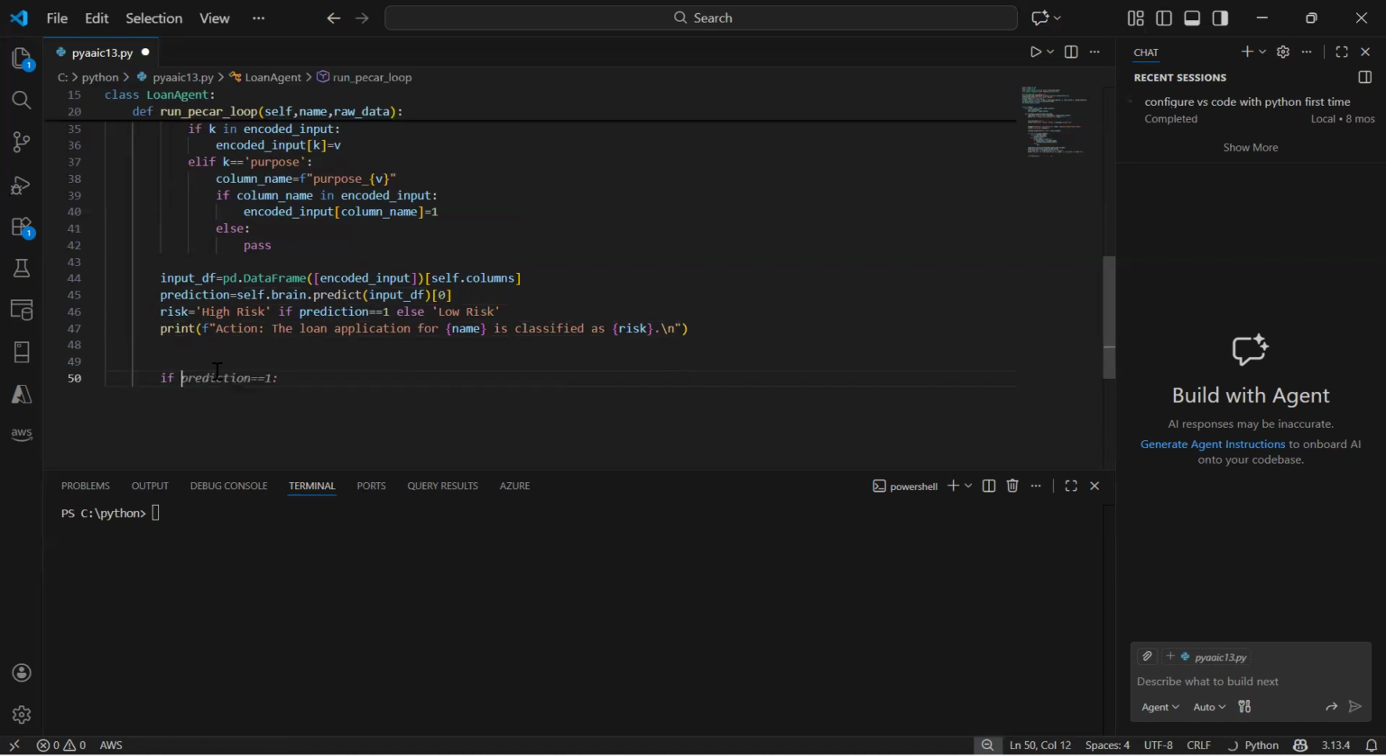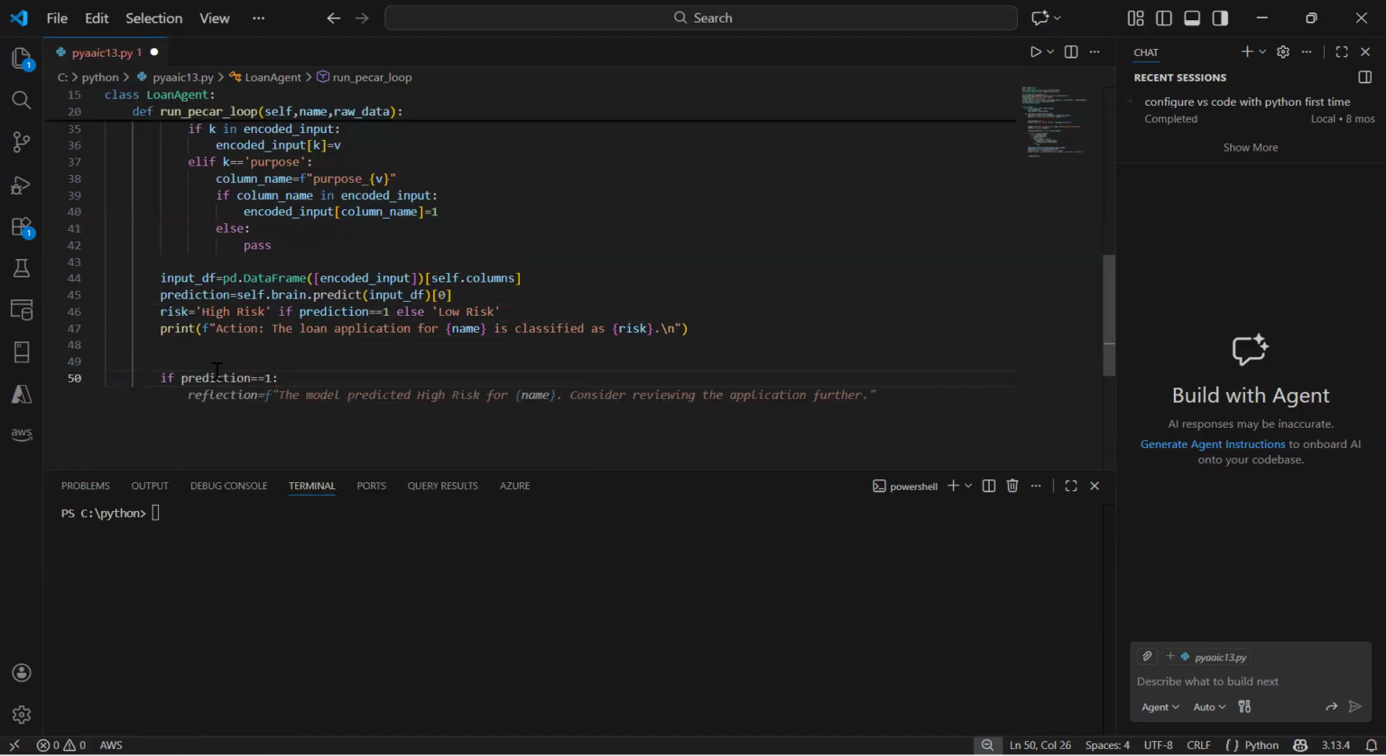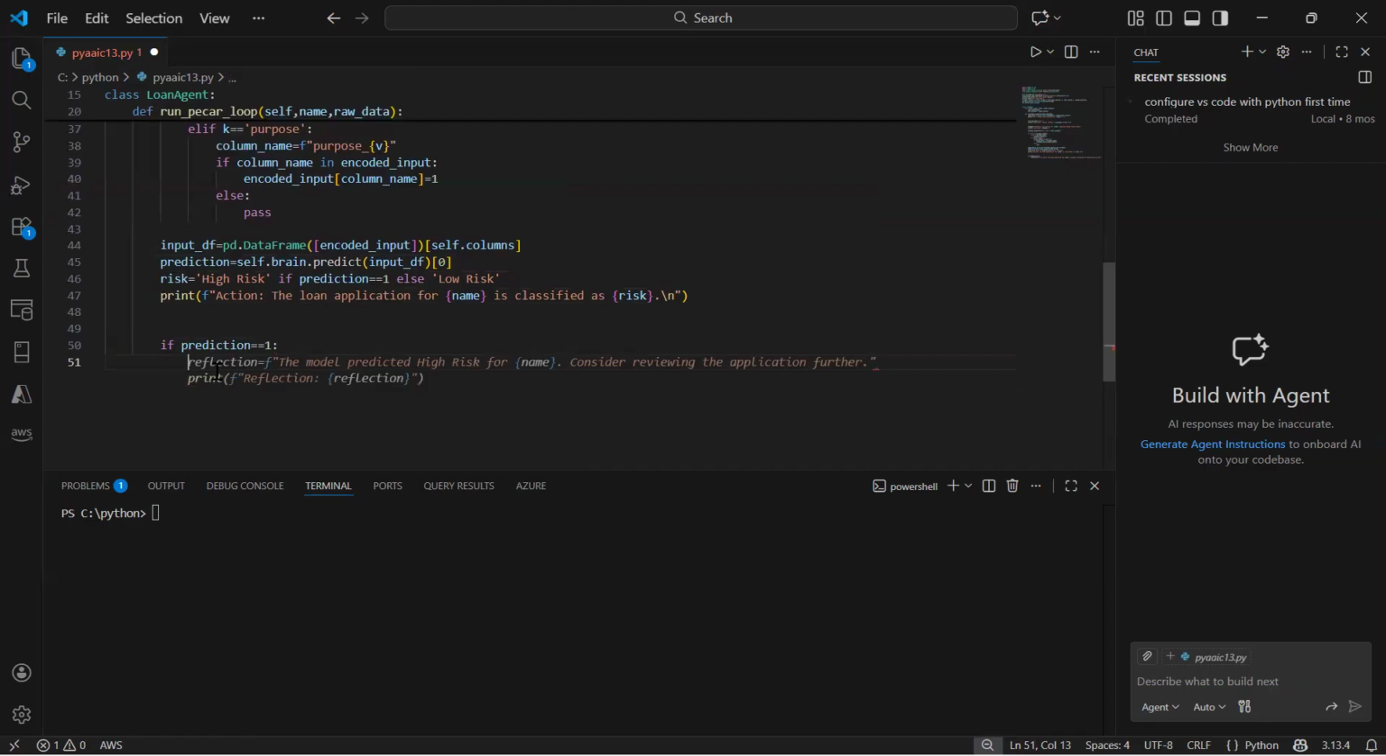Okay, so if prediction is equal to 1, then I will say, okay, if prediction is equal to 1, the decision will be deny. So low risk client, so deny. Okay, and then again,